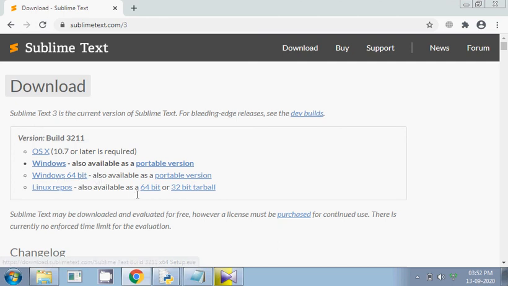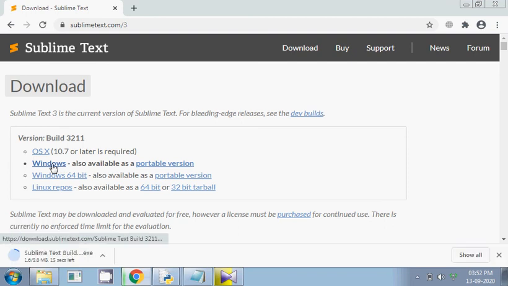But in this particular laptop I have 32-bit Windows, so I'll be using the 32-bit version. So it's getting downloaded. This is the IDE which I'll be using for the future videos.